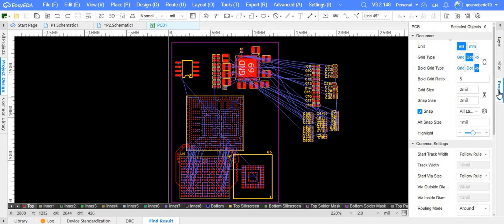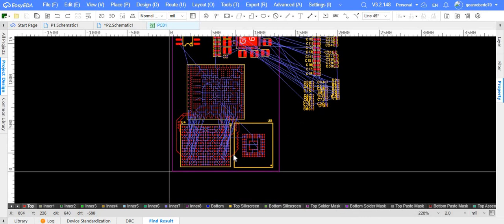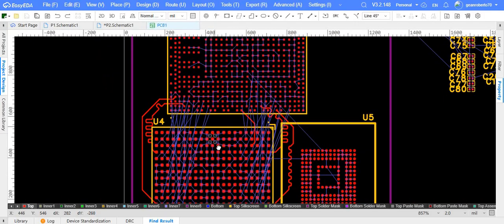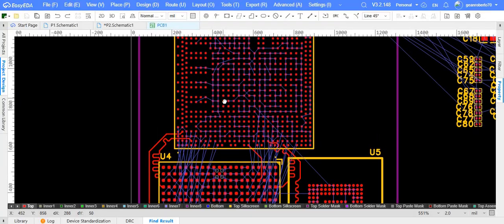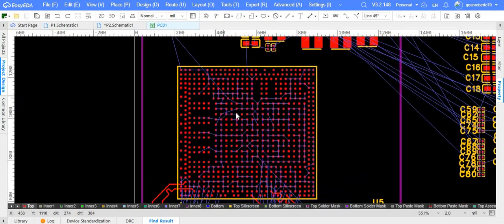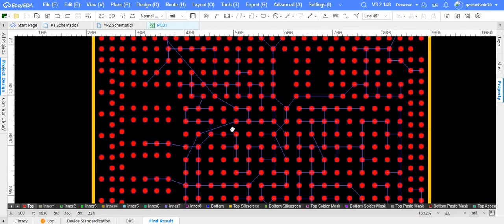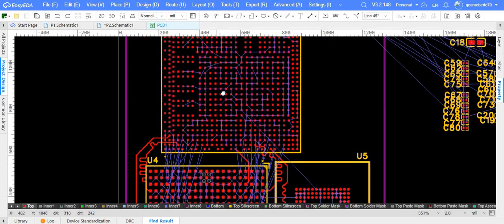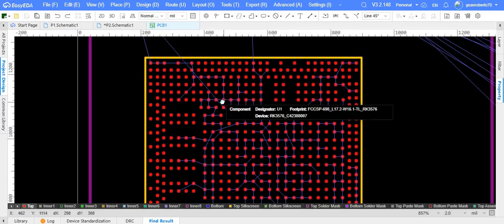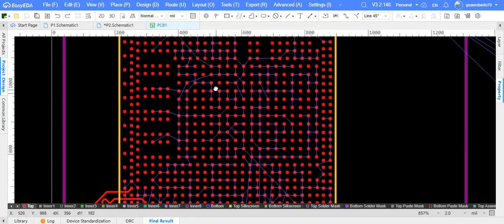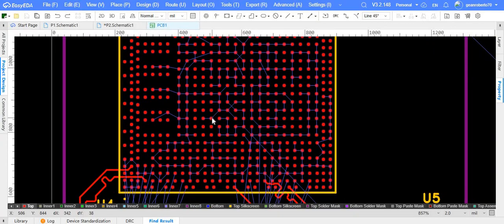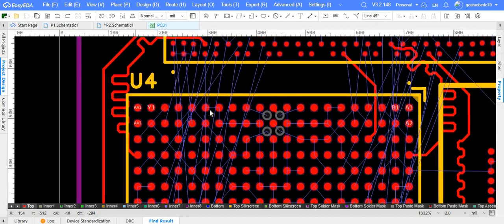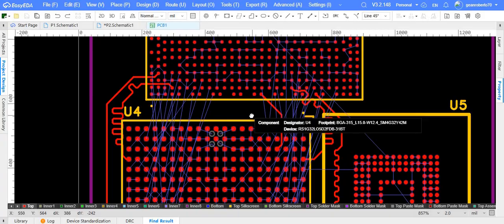Right. So we are in the middle of this process of routing this memory with this system on a chip. In some posts I call this a CPU, but as this is a system on a chip, it is more than a CPU. It is a CPU plus a GPU and so many other structures. And talking about routing,